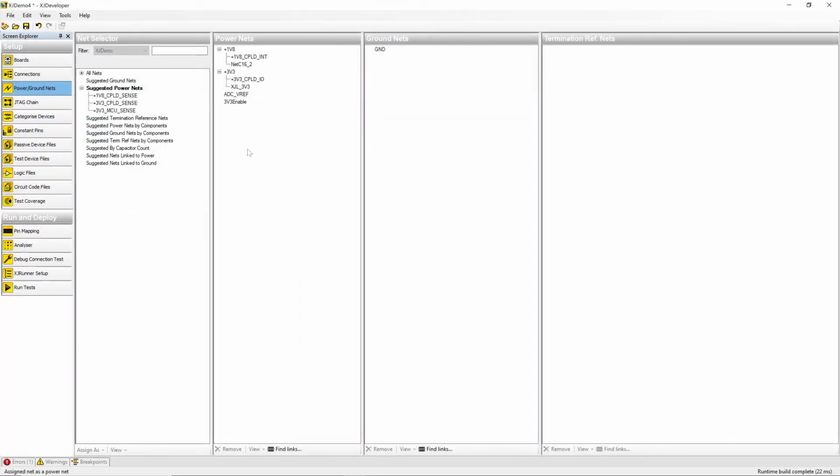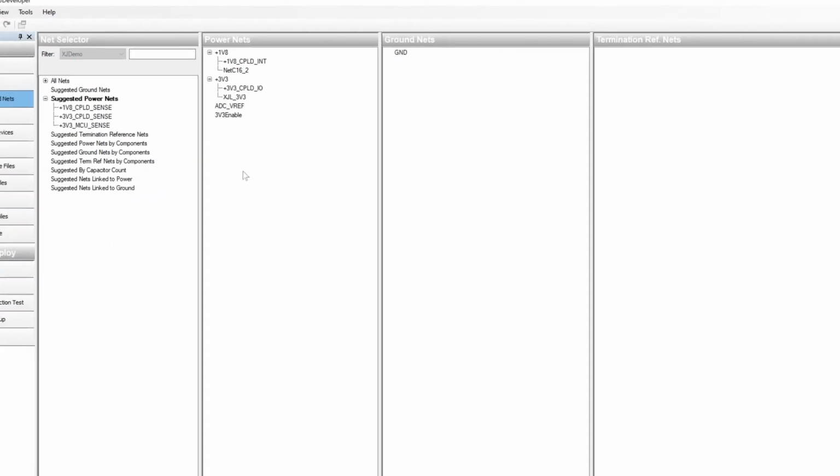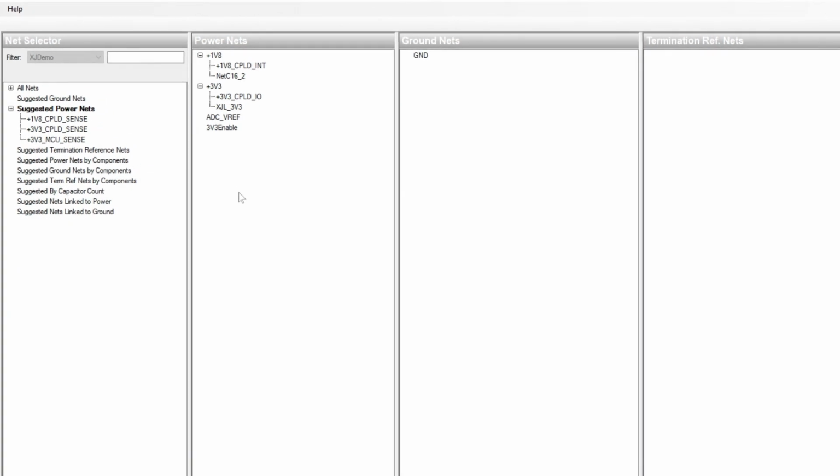Before going on though, I strongly recommend you check your categorised lists to ensure it's only power and ground nets that have been included. In particular, watch out for digital signals like 3v3 enable or 3v3 power good, or nets like those sense inputs we looked at earlier, all of which can easily be categorised by mistake. After those final checks, you can be happy all your power and ground nets have been categorised.